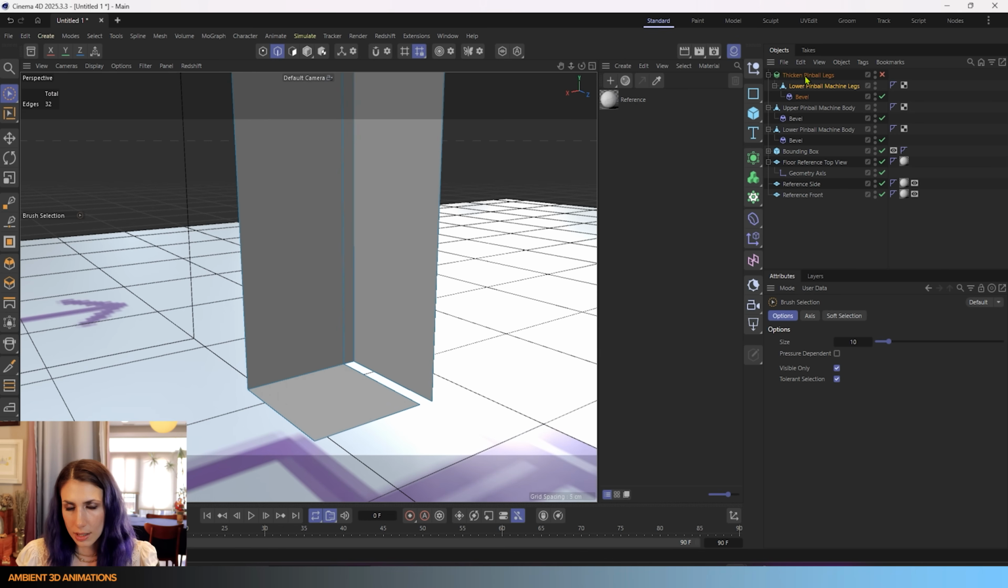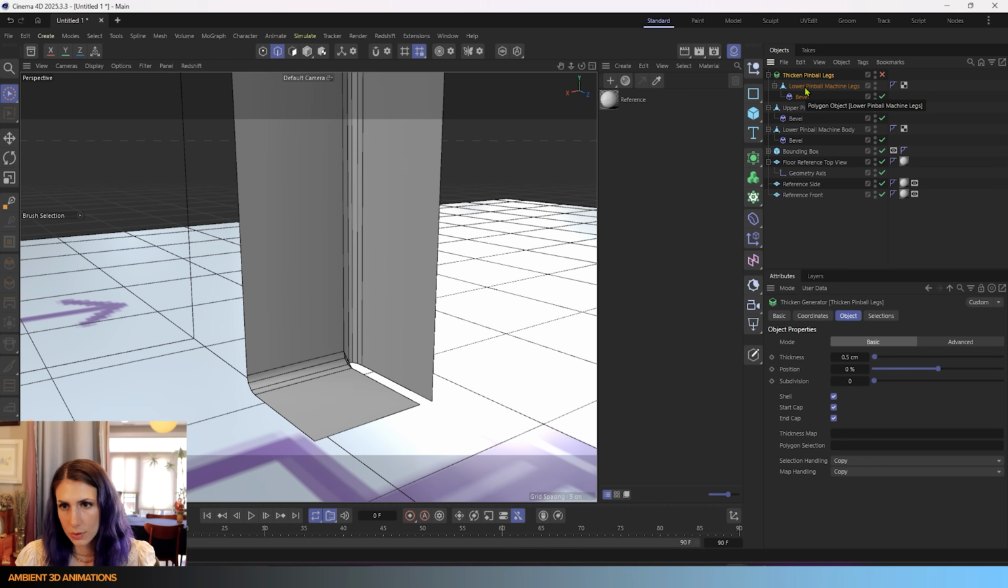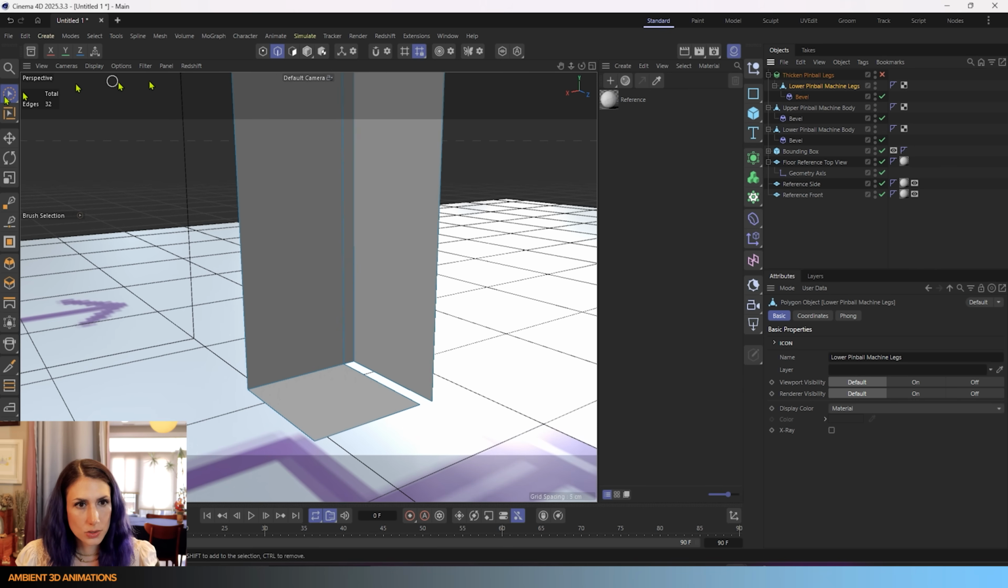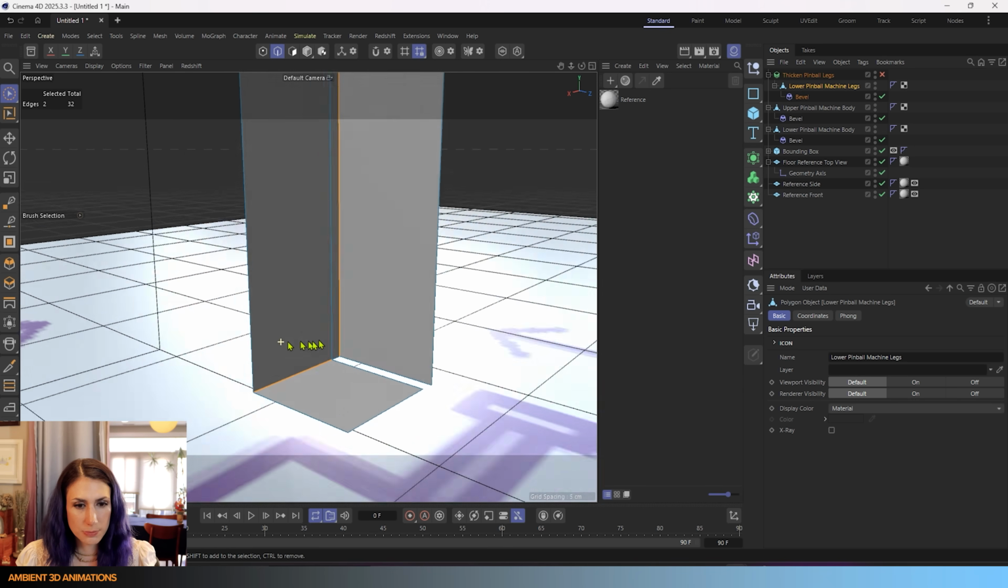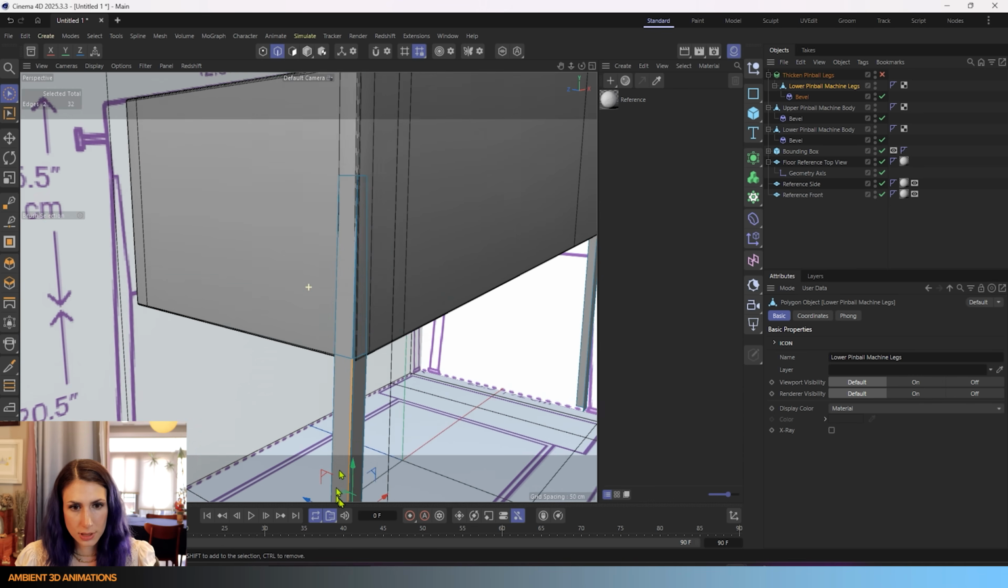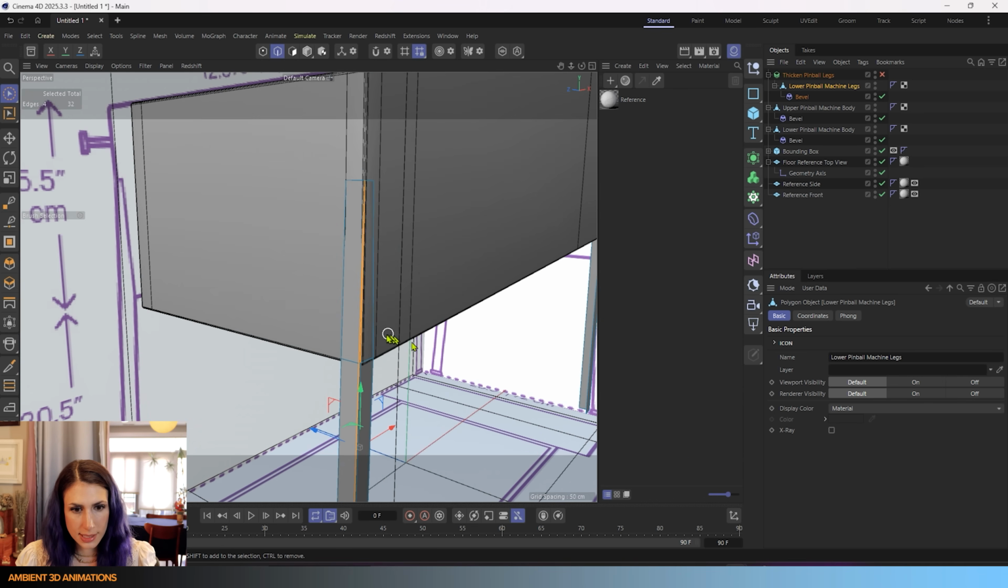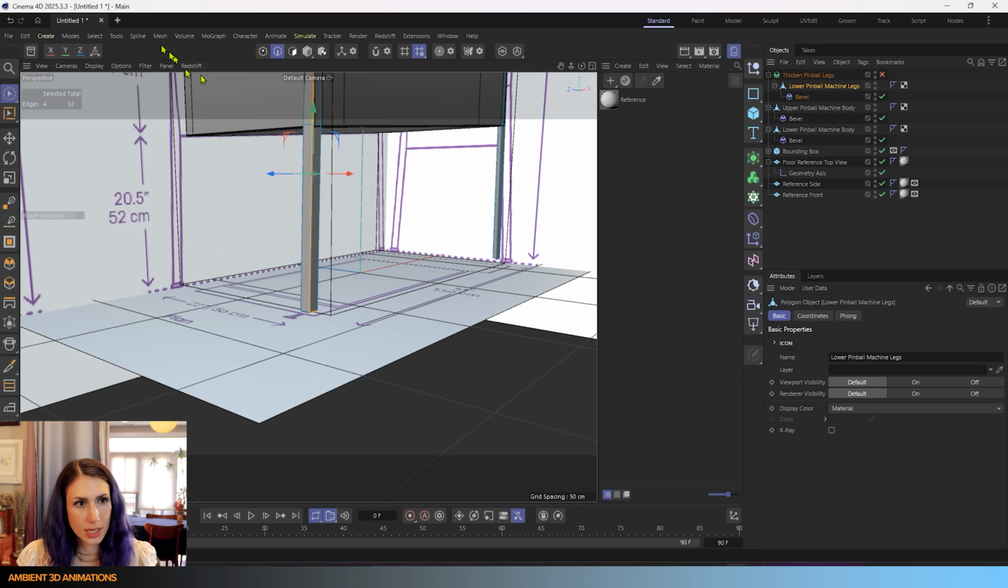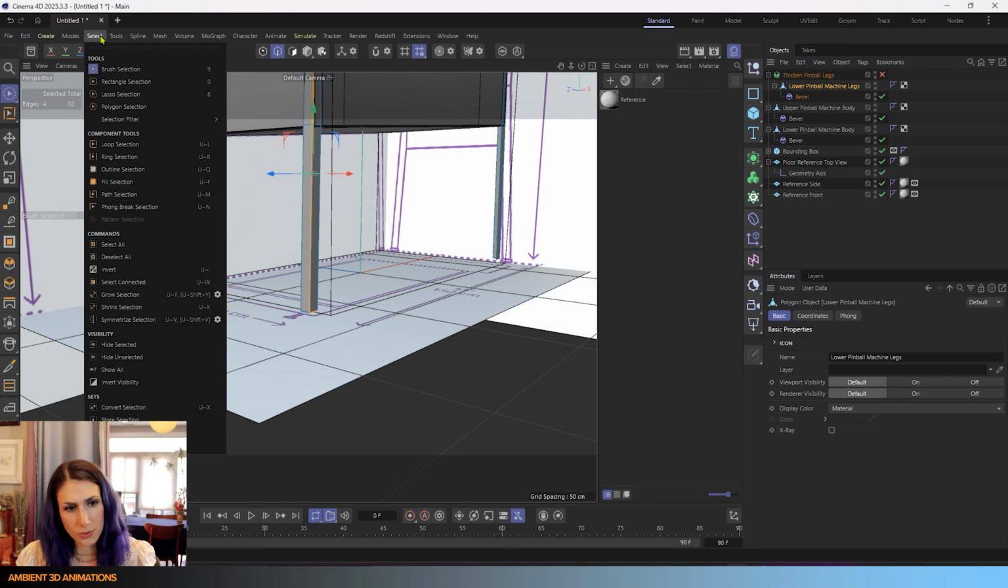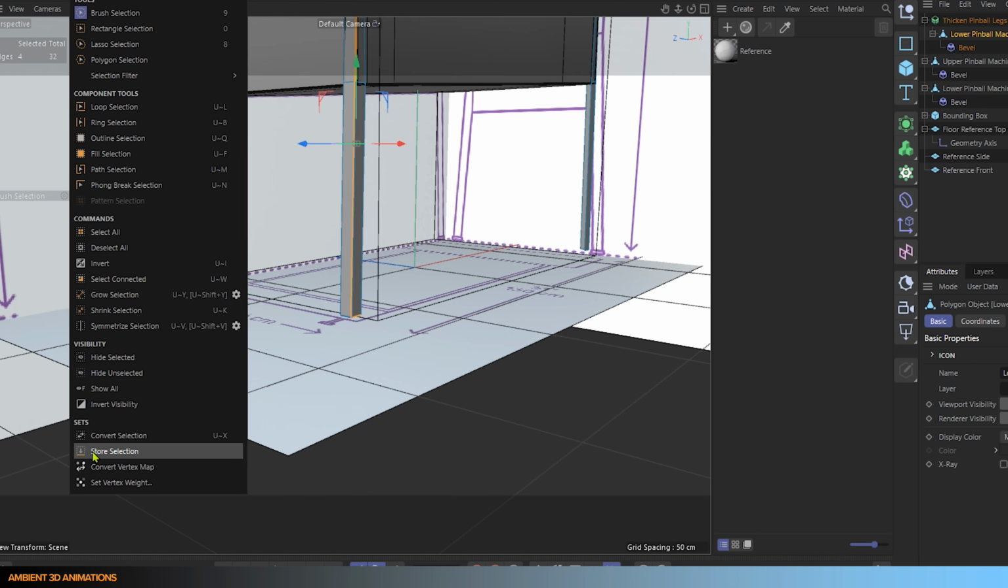So we have this going on here. I need to create a selection. So what I need to do is select the edges that I actually want beveled. So I want that edge beveled. I want that edge beveled. I'm going to move up. This edge I'd like beveled. Those are the only edges I want beveled, so I'm going to go into our select menu, choose store selection,